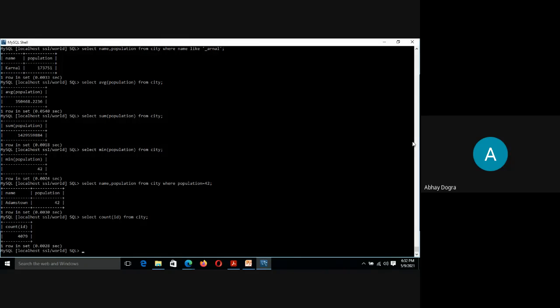Okay. Now, as far as select is concerned, we are left with one more. Again, very important, a clause used with where clause, that is not with where clause. It's called order by, right? Order by is very important.